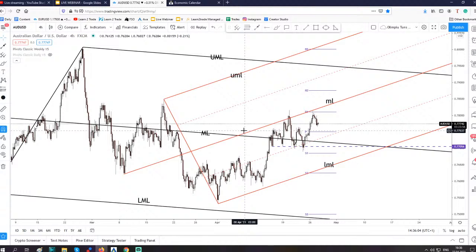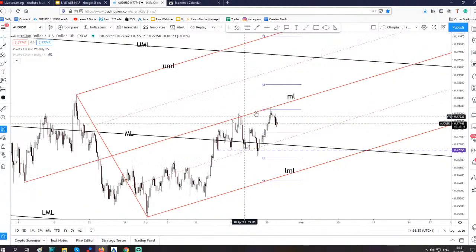The bias is still bullish, even if the price has printed here a potential double top. The price has increased within an ascending pitchfork. The medium line acts as a strong dynamic resistance, so the false breakout here above the R1, the medium line retest, has sent the price lower in the short term, but as long as it stays above this one here, above this 50% Fibonacci line,